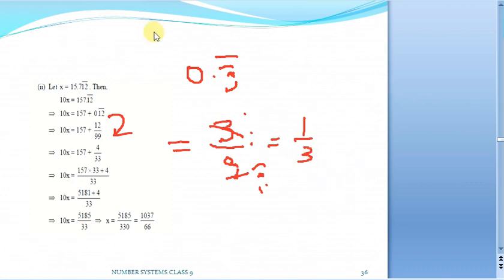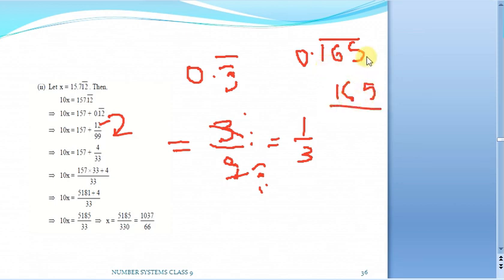Suppose let me take one example here. Here what we have done, 0.12 bar. I have just written this particular 12 here, and how many digits are repeating? 2 digits. So as 2 digits are repeating, just place 2 9s here. Let me take one more example. If my number is 0.165 bar, how will you do it? Write it as 165 by, how many digits in the block are repeating? 3 digits. How many 9s do we have to place? 3 9s. So hope this will help you to further simplify this particular step.